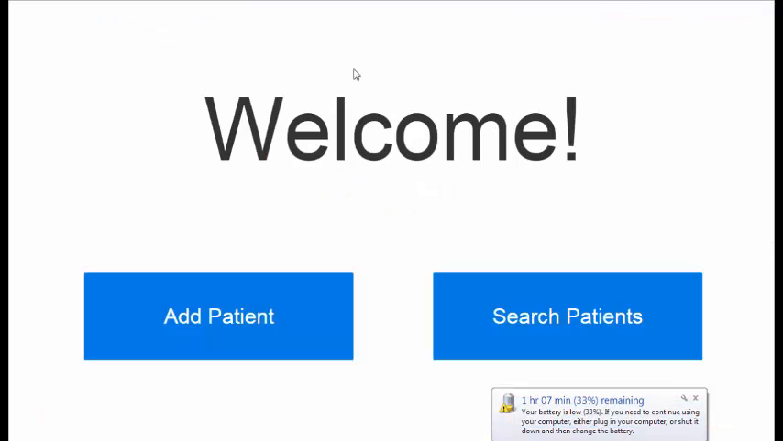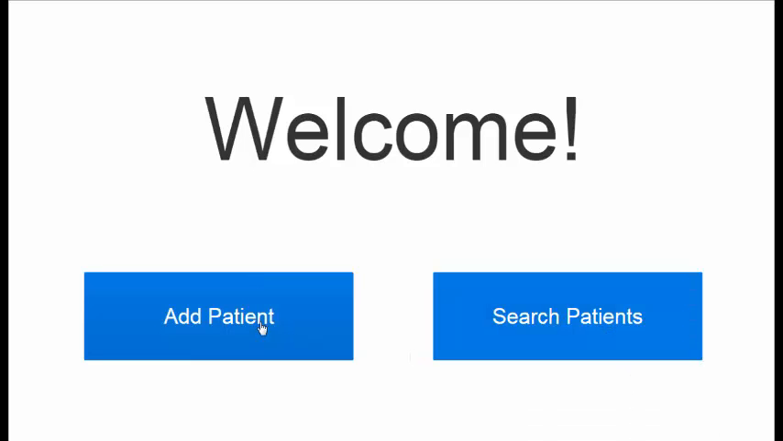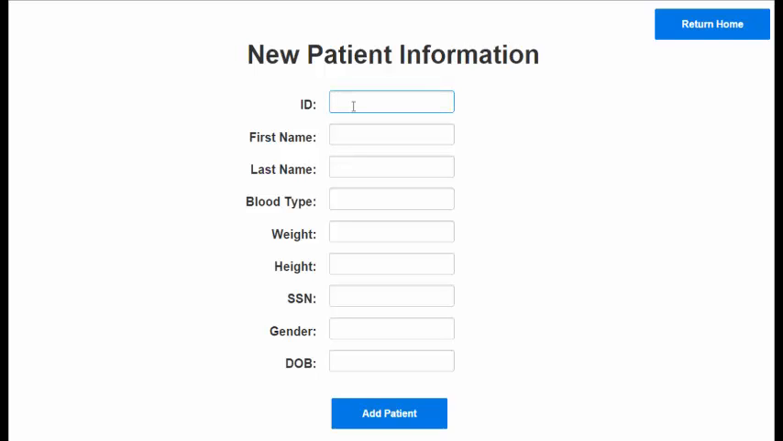We'll just return home and we'll add a patient. When it comes to adding a patient, we're just going to start off by entering their patient ID, first name, last name, type of O, with a weight of 196 pounds, height of 80 inches, the SSN,